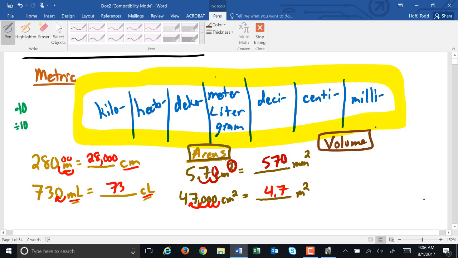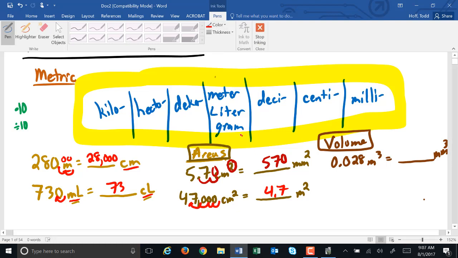The next step was to talk about volume. Remember, when we're dealing with volume, we're not dealing with squared units anymore, we're dealing with cubed units. So let's make this a little more reasonable. We might have 0.028 meters cubed. If I'm converting that into millimeters cubed,